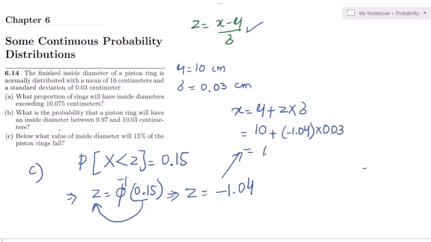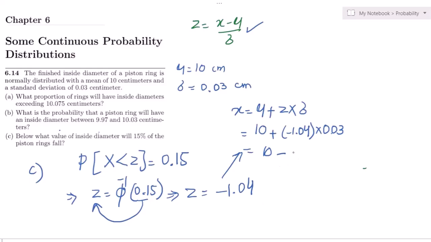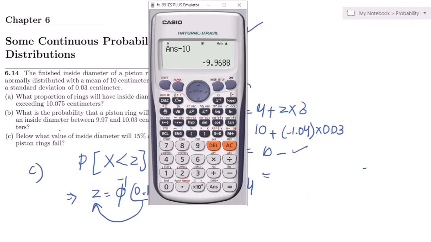Okay, so this would be 10 minus 1.04 multiplied by 0.03, this is 0.0312, so 10 minus 0.0312 is 9.969. This was something which we had calculated and then carried out this step as well. So the overall answer here is